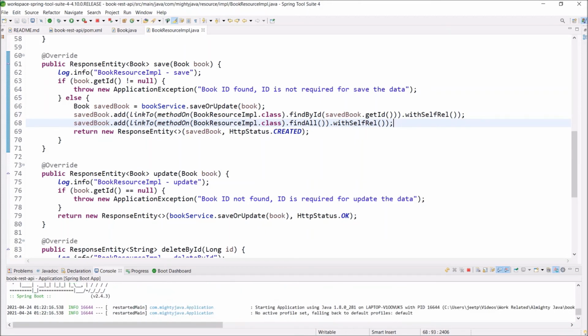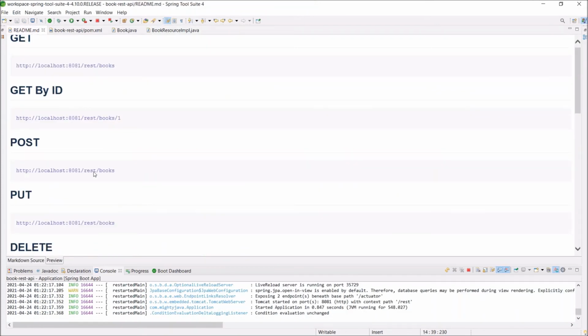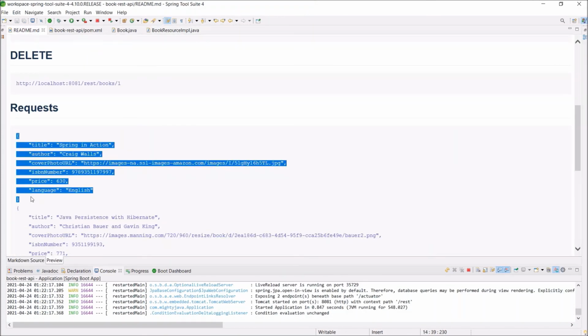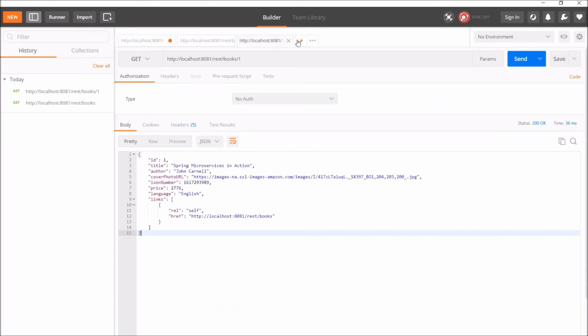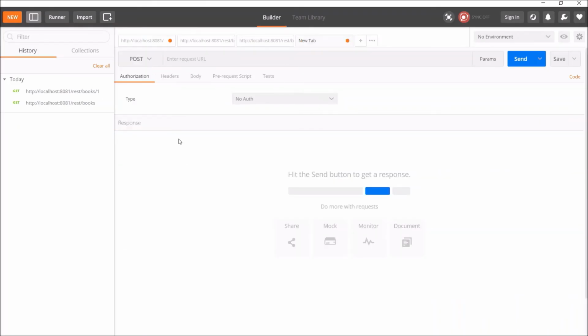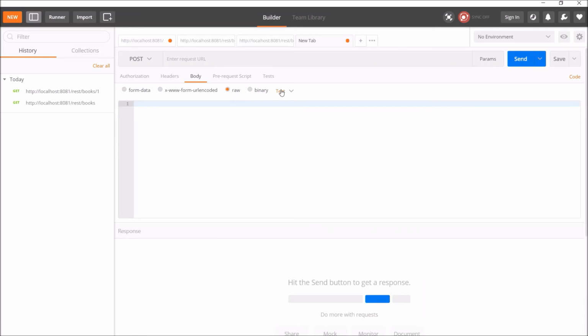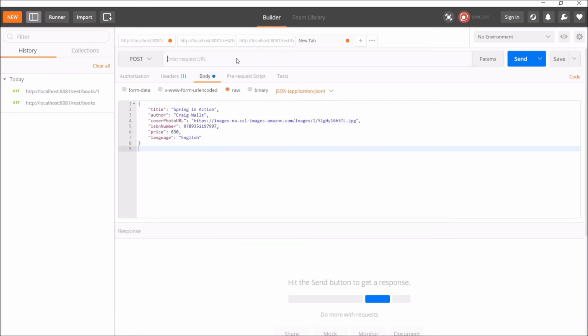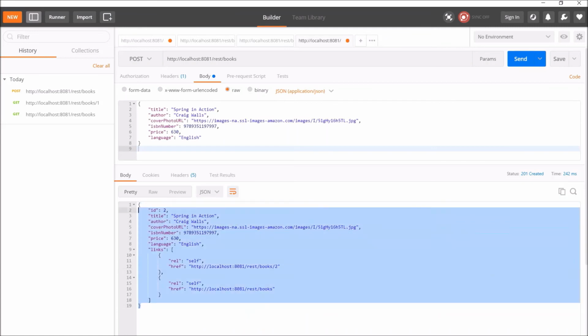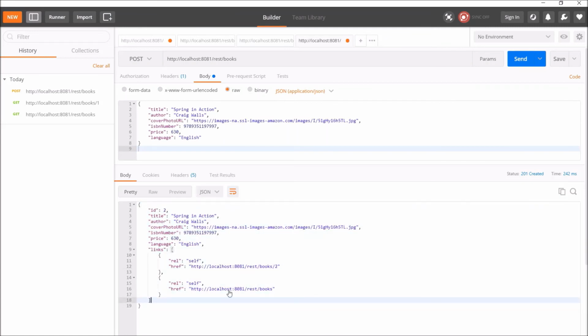See, it is very simple. Server restarted. Let's save the book. So here is the book request. Let's try now. See, it is working and now it is including the two links.